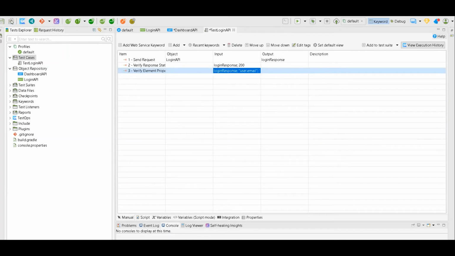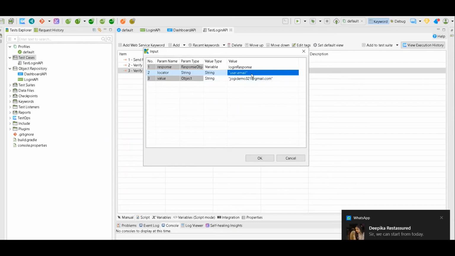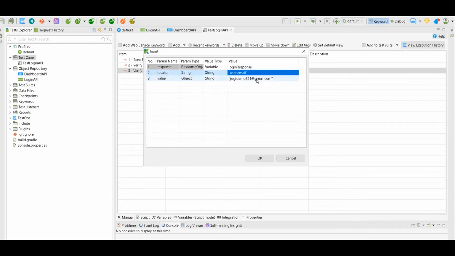And then you can save it. Let me give you this again. Response variable login response, locator user.email, value jogi demo. So we are verifying that from the login response user.email should be this.